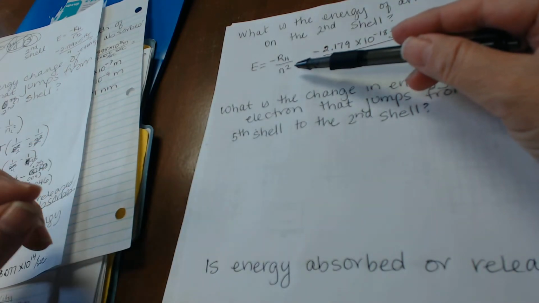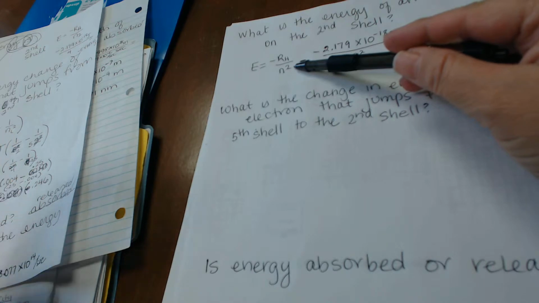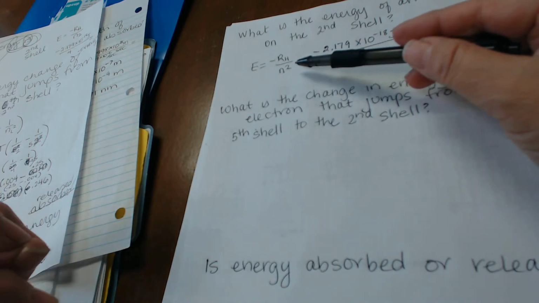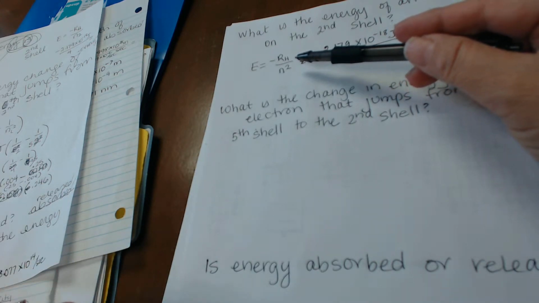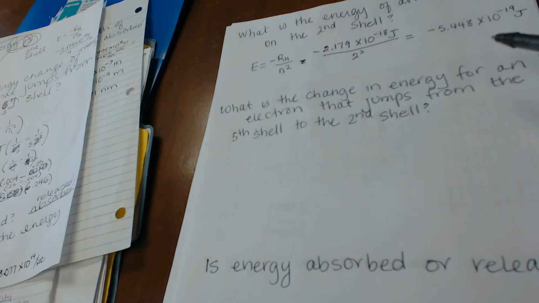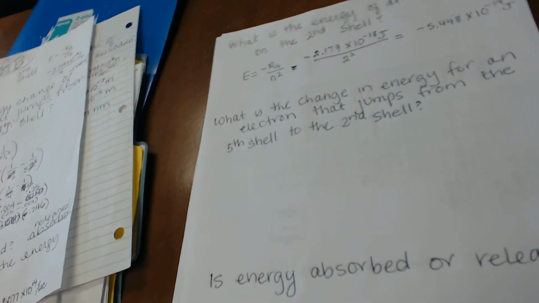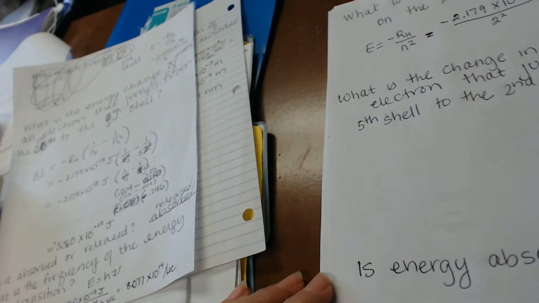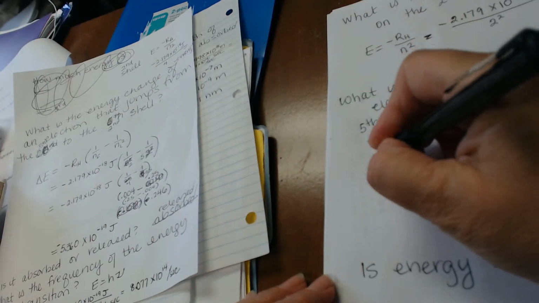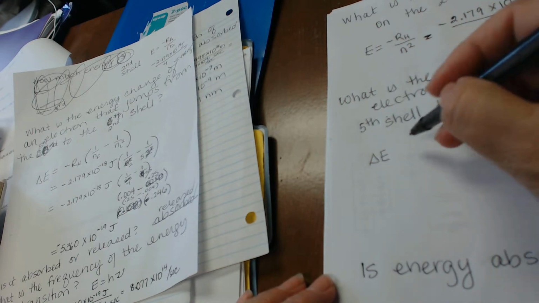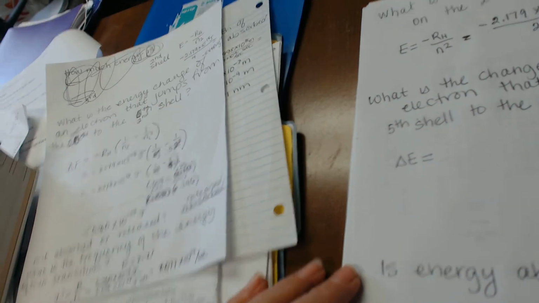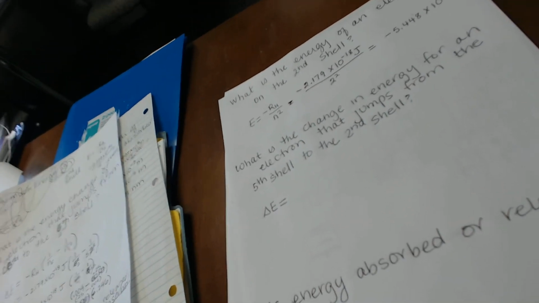We'll take the energy of the shell we're finishing in, final, minus the energy of the level we started in, initial. If you rearrange that equation, then you have a more useful way of finding it, and that is delta E equals